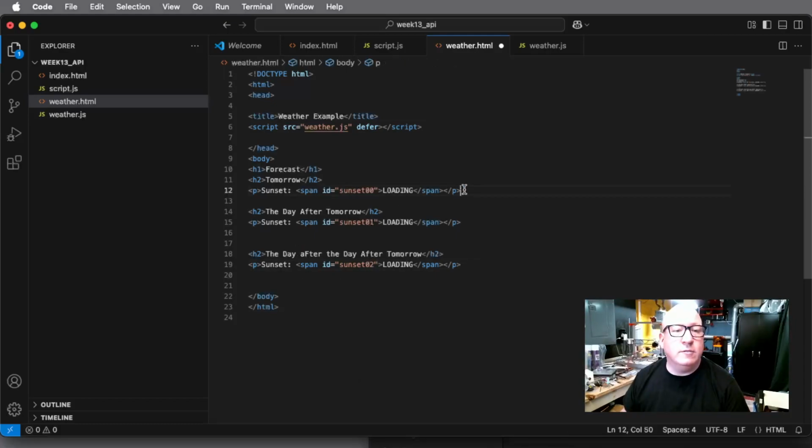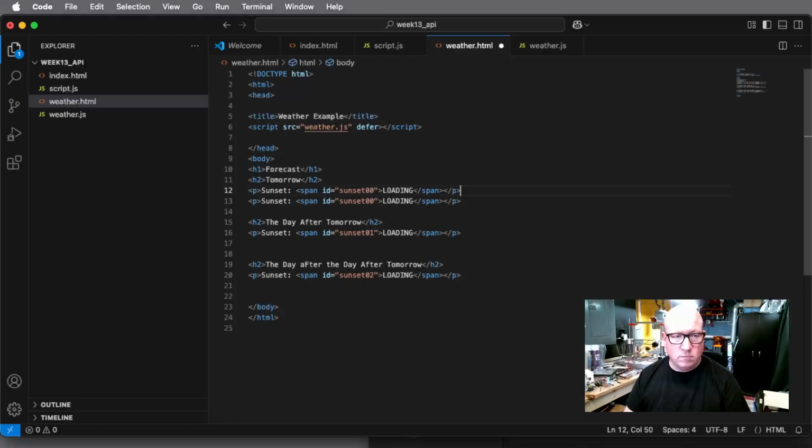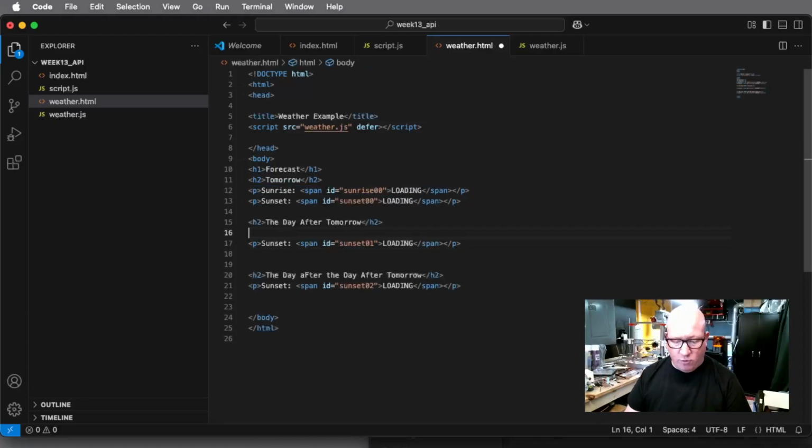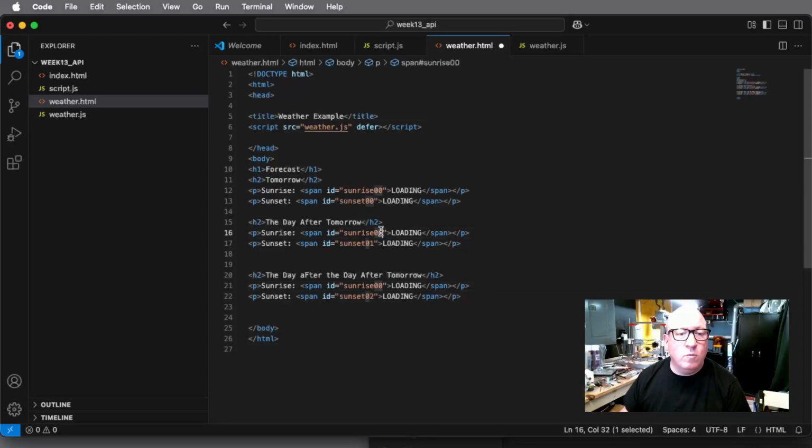So now let's do sunrise. I'll put that first. Rise 00. And so we'll save, copy and paste these and make the adjustments we need. Programming is a lot of copy and pastes. Change this to 01 and change this one to 02. Okay, so now I'm going to go to weather